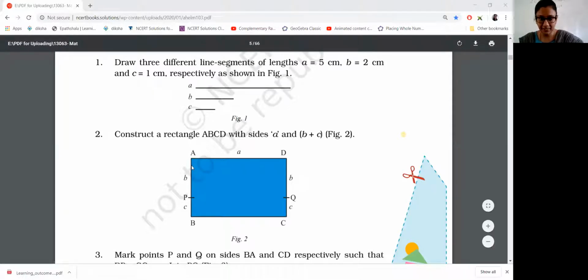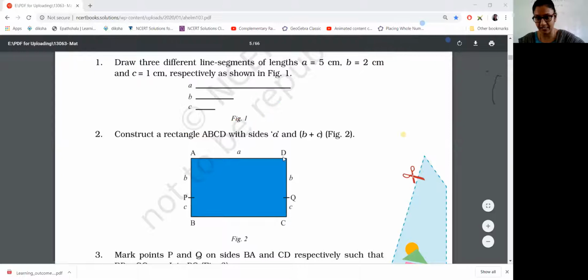That means B, which will be equal to 2 and C will be equal to 1. So you mark 1, 2, 3 squares at the bottom. Similarly from here also 3 squares. Then join these two. Please do not draw or scribble on the screen. Okay, so this rectangle A, D, C, B should be ready on your graph sheet, whose length will be 5